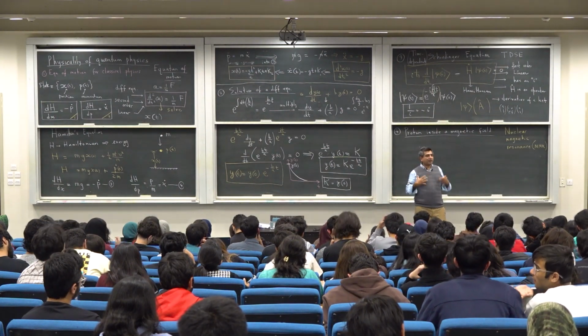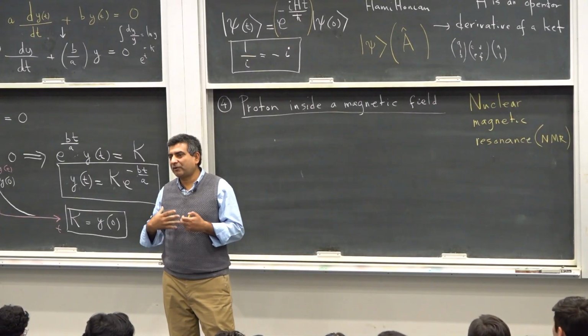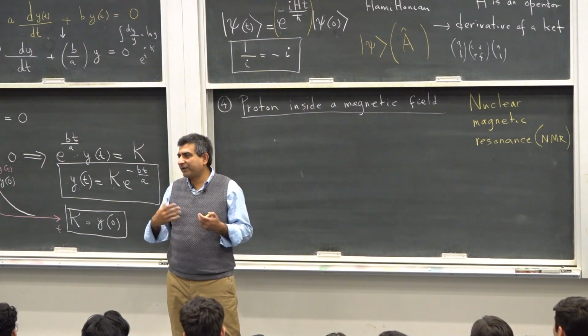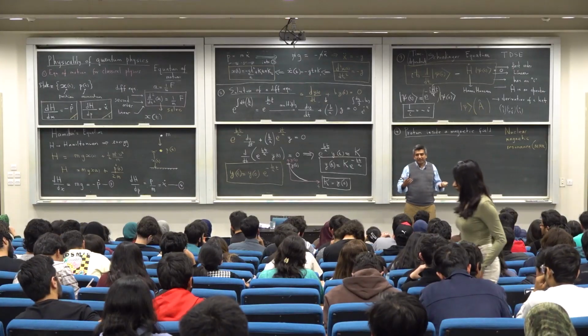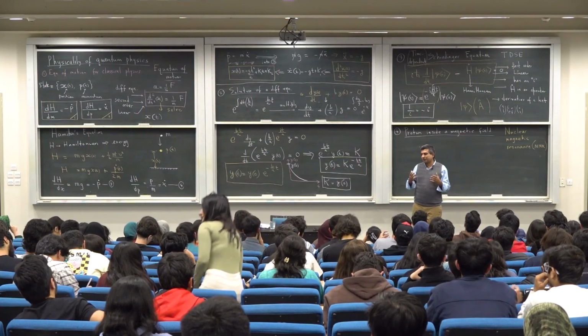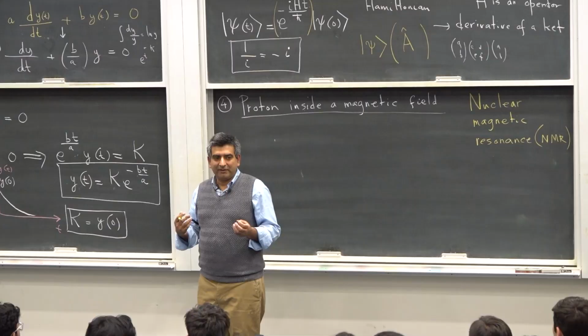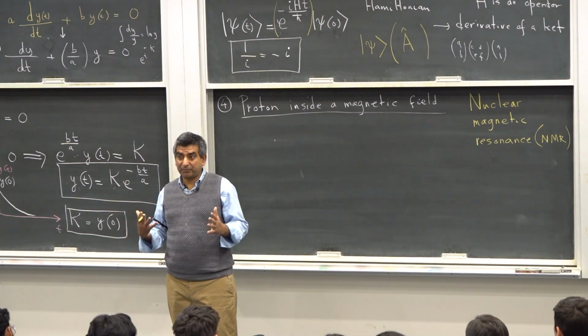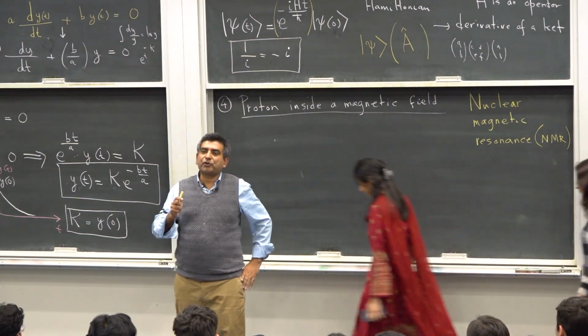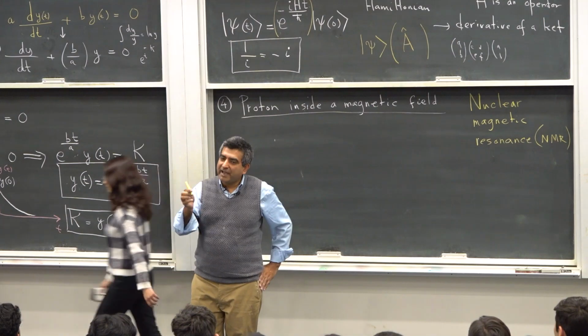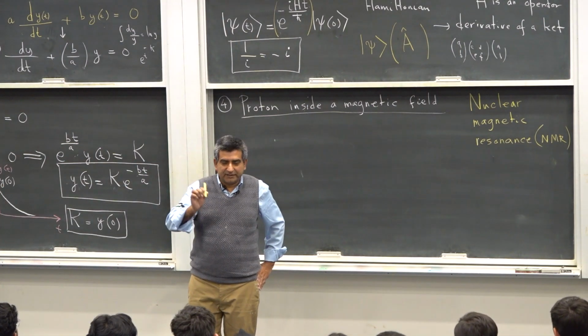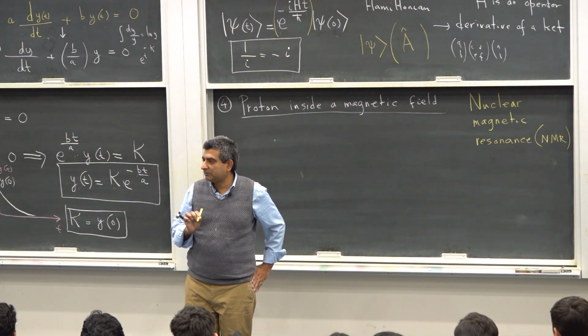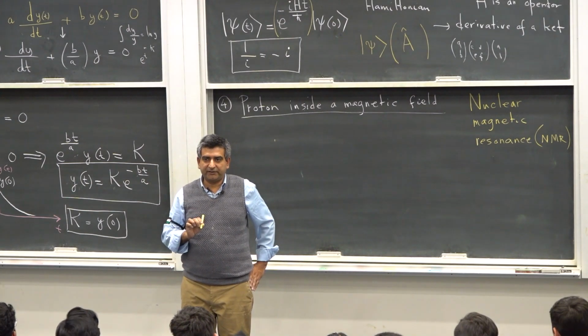There's lots of water in our body. 70 to 80% of our body weight is due to water. Water is hydrogen oxide, dihydrogen oxide. 2 protons in a water molecule. It's a rich source of protons. Our body is an extremely rich source of protons. Now each proton, like an electron, acts like a spin, a tiny magnetic dipole, and they respond to magnetic fields.